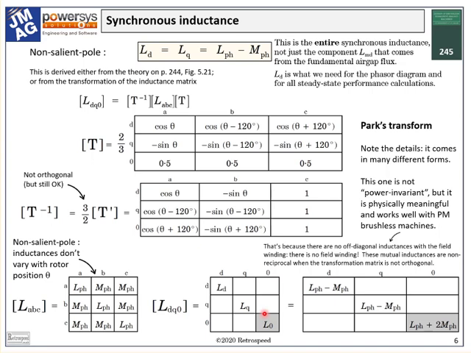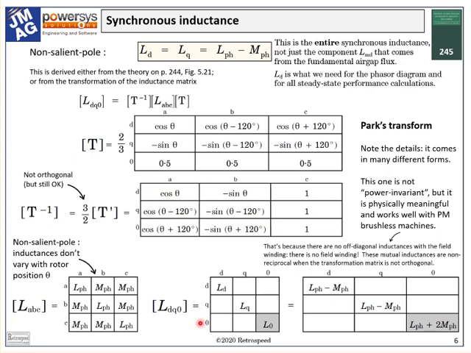Also, in a symmetrical machine, like this one, the D and Q axis inductances turn out to be equal. There may in fact be a very small difference caused by the nonlinearity of the steel in the magnetic circuit, such that one axis saturates more than the other, but this effect is generally very small and will certainly be negligible here.